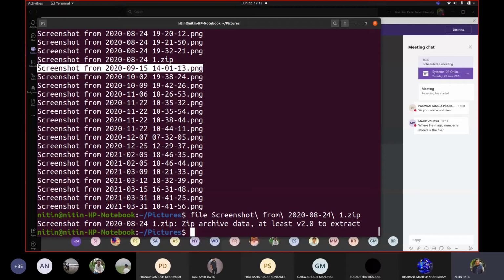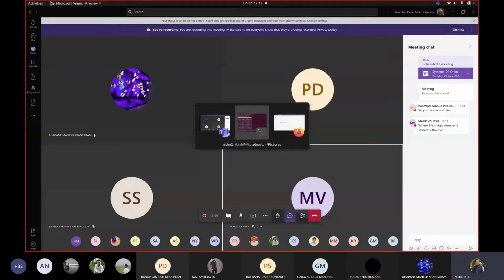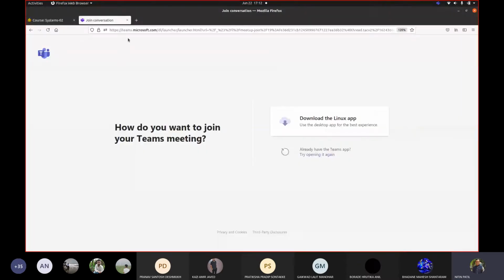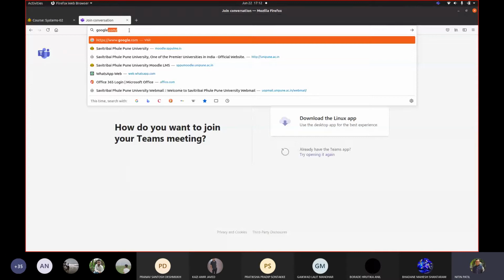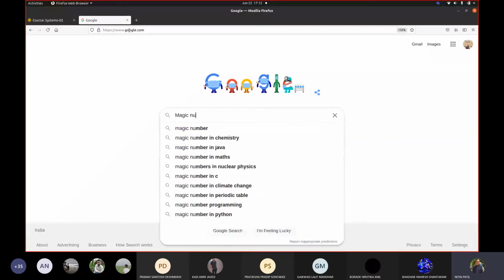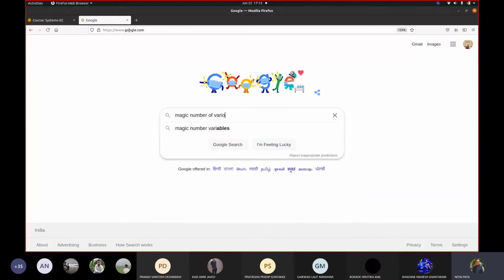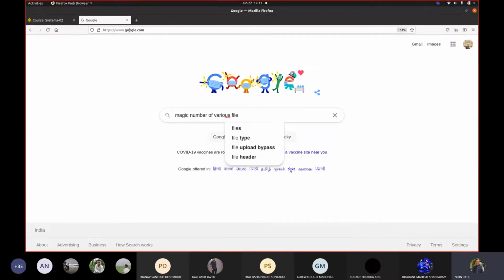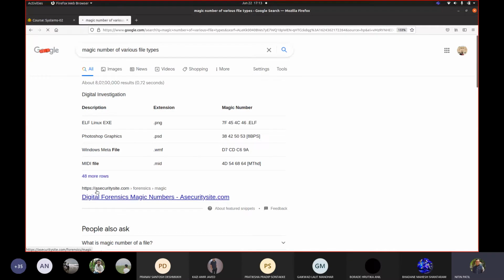So let me go to a browser and show you. Let me search for magic numbers of various file types.